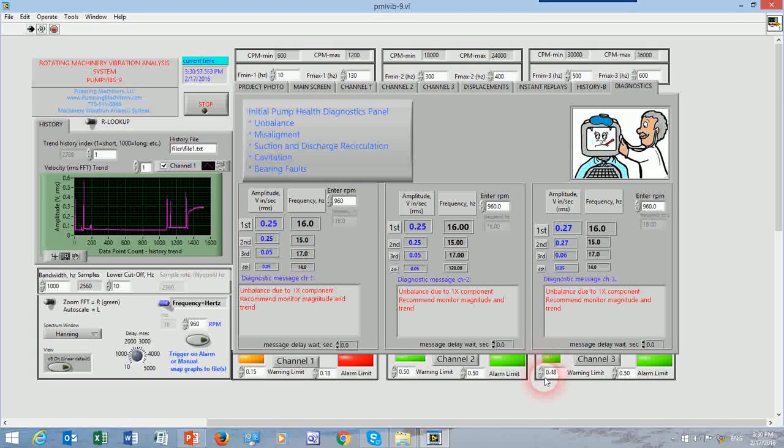state. So we can change its values depending on the vibration institute specifications, but this is just for example. So this diagnostic screen can pick up unbalance, misalignment, recirculation, cavitation, bearing faults, and display it in a way that maintenance and operators can relate to what's happening with the pump and help them make a decision what to